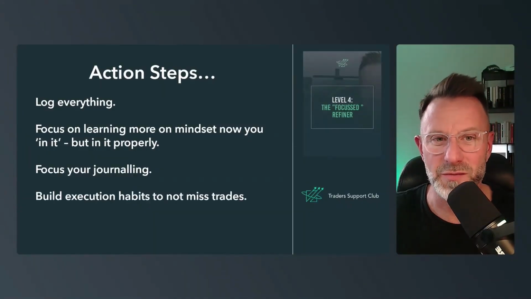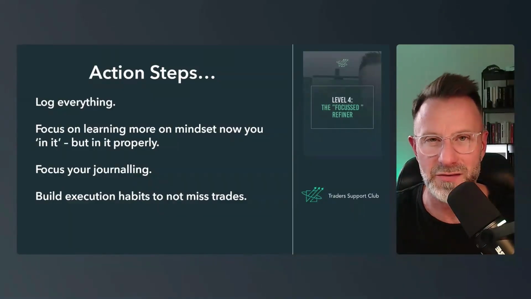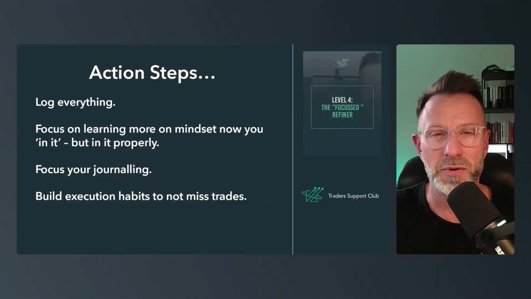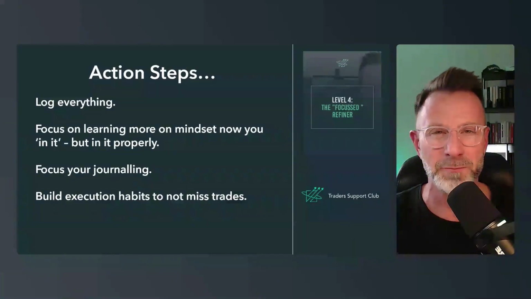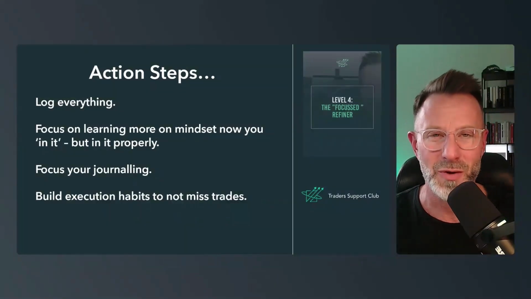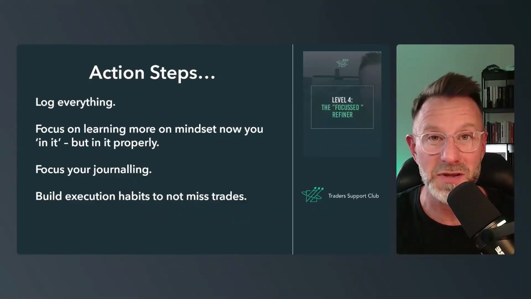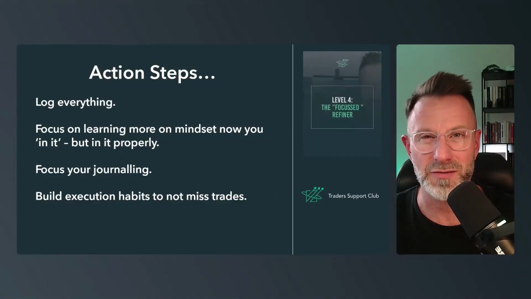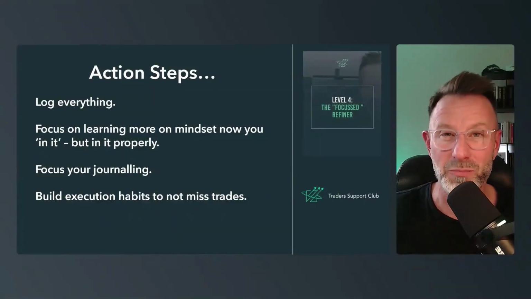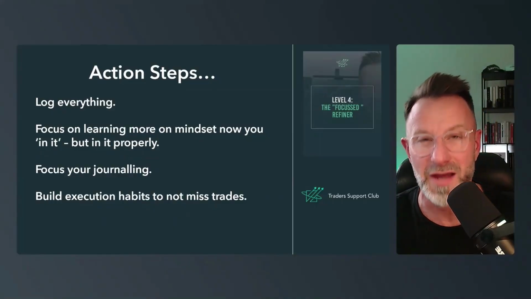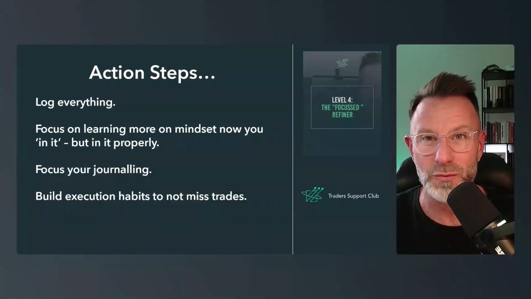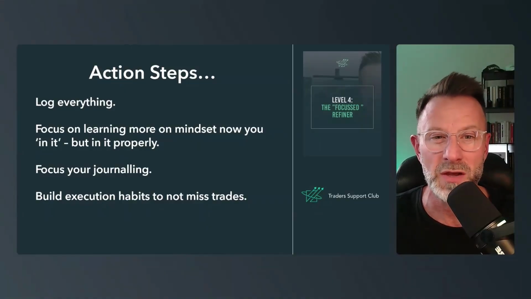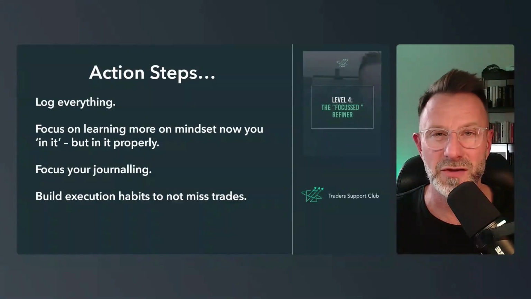So one of the last ones here is build execution habits to not miss trades. Because one of the frustrating things at this level can be if you haven't set your trading up effectively, you haven't got your analysis in your times, your competency level can be quite high, but because you haven't got things organized, you end up missing trades. You're out when you need to be in front of your screens one evening, and that could be the 2 trades that you missed that month that give you 6 hours worth of return, and the other 3 trades you've had, you're down -3. So you end up not being profitable that month because of one day's worth of mistakes. So that can be really frustrating, especially as you're now doing so much more right and you're following the system. So make sure you build in the execution habits so you don't miss trades.